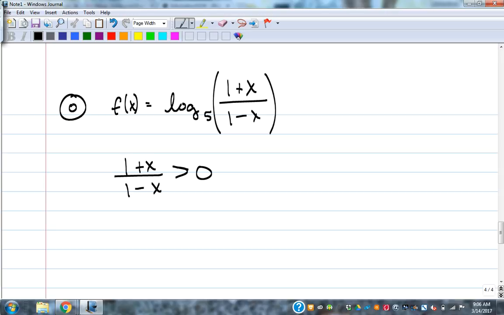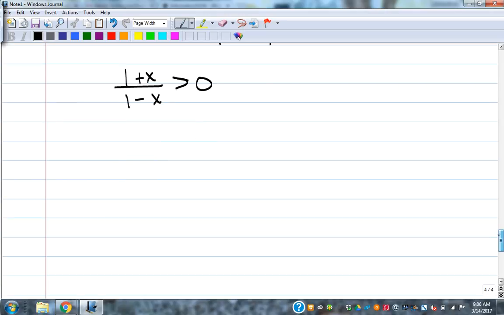Remember, we had a problem on a quiz in the not too distant past that had a rational expression greater than 0. So when we do that, we got to think, okay, what x values don't work? A positive 1 won't work. And then what would get us 0 on the top? -1. So those are open circles. So we need to test